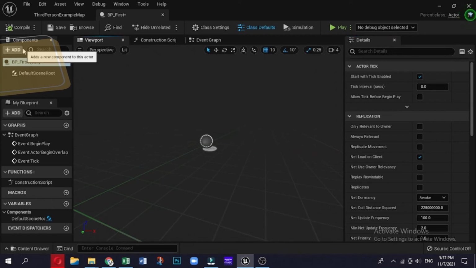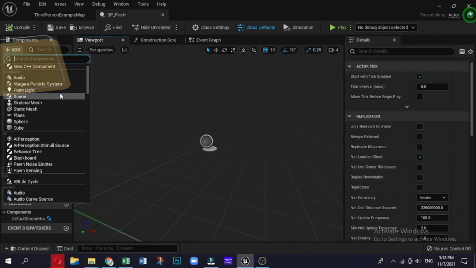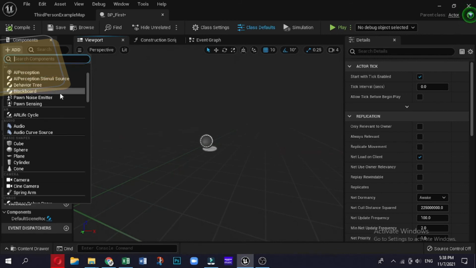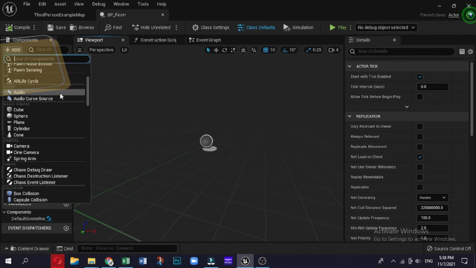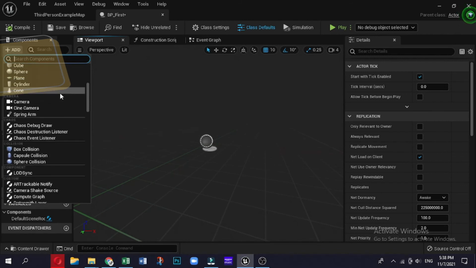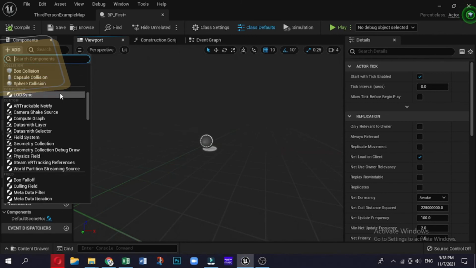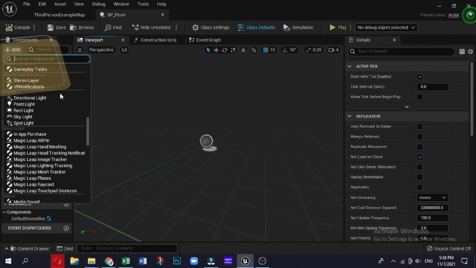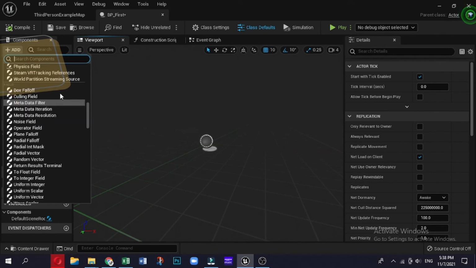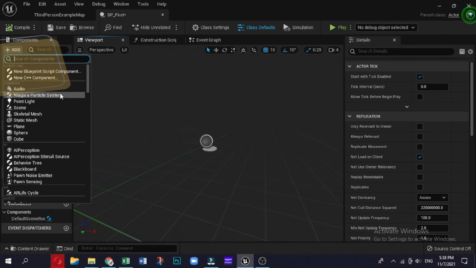Now check the component panel. Here, you can find all the components of your blueprint that are shown in a hierarchy form. A component is a piece of functionality that can be added to an actor. Components cannot exist by themselves. However, when added to an actor, the actor will have access to the component and use the functionality provided by it. In this panel, you can add, remove, and manage your components.